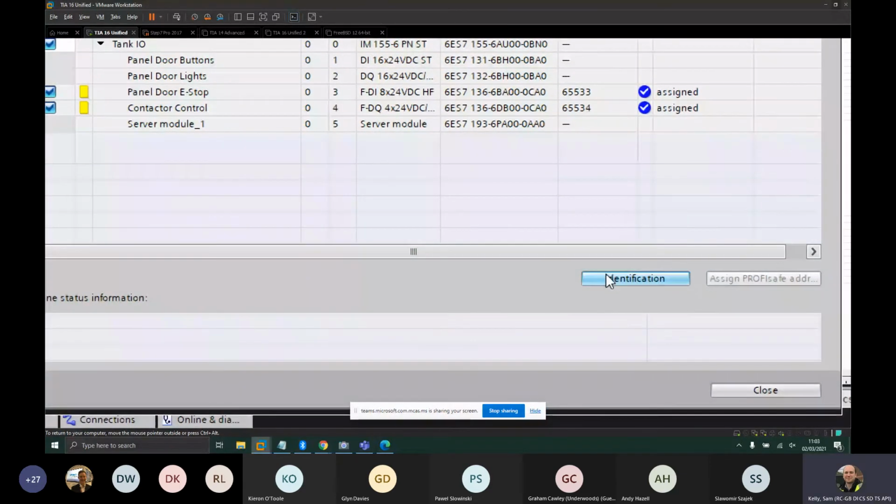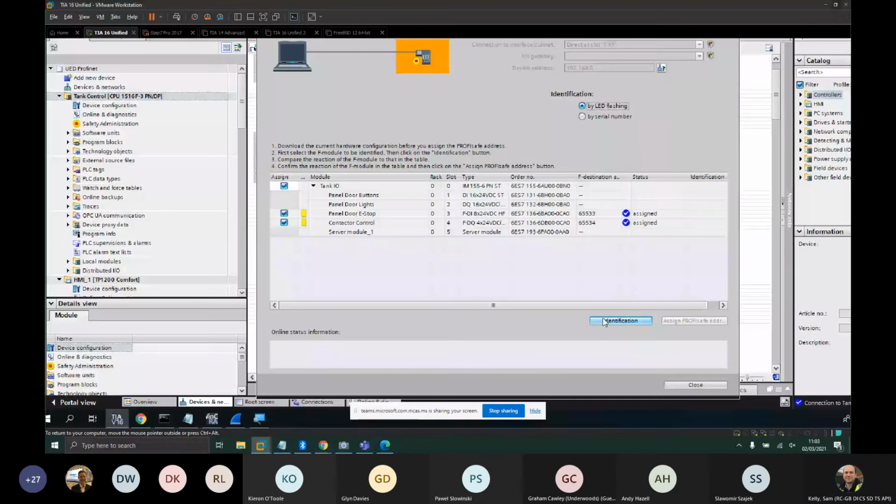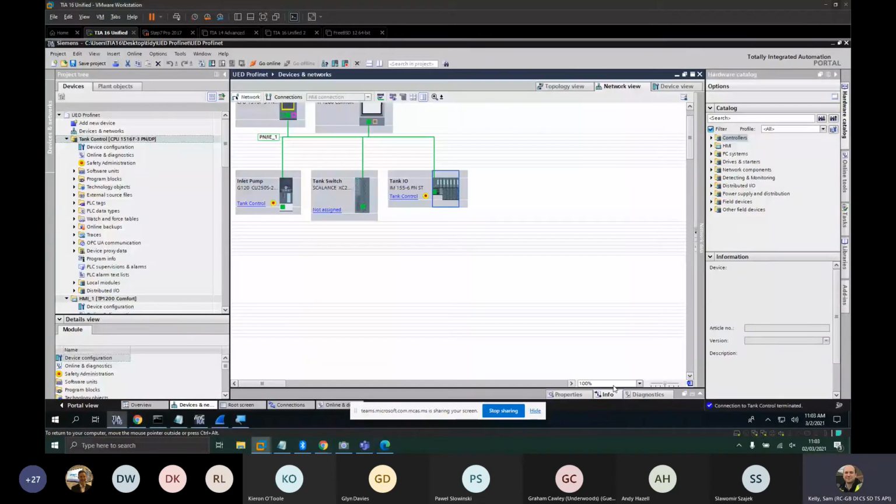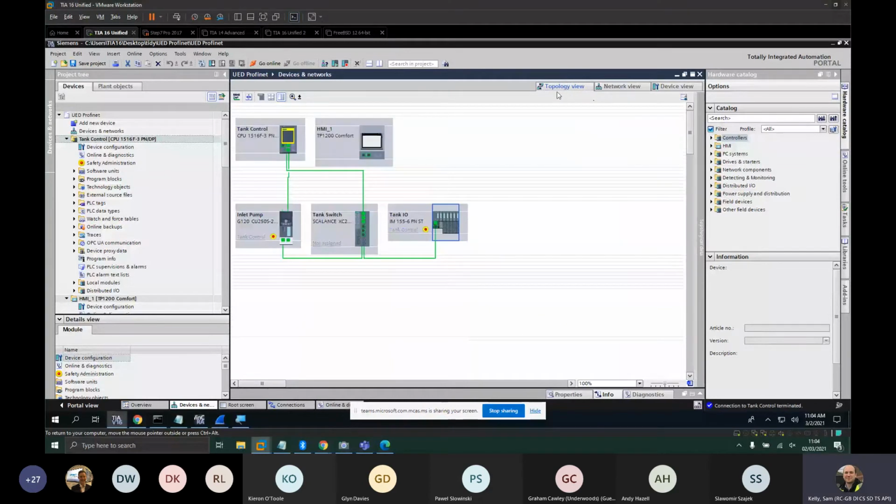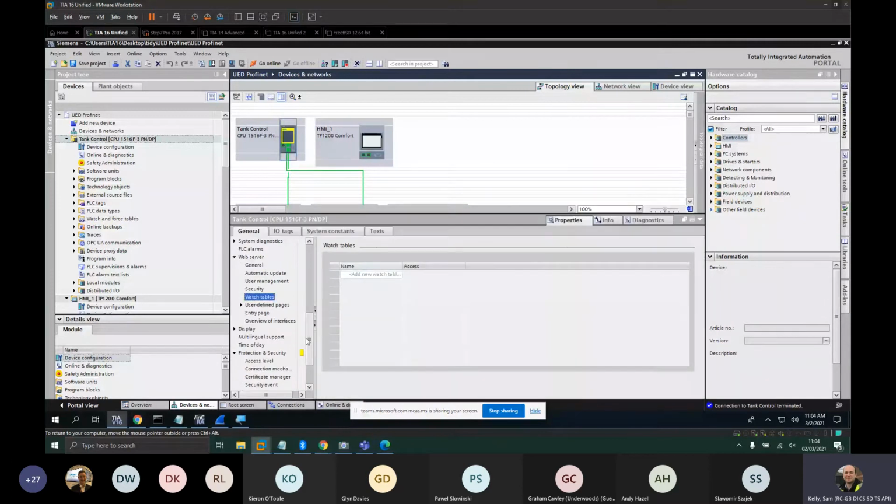Sorry, yeah, identification and then assign. Also, some considerations as well. So touched upon a little bit, what I'm going to be talking about now is, this is not part of the MRP network. If it was to be part of the MRP network, we'd have to increase that update cycle time, but also we need to update another time as well. So if we look down here,